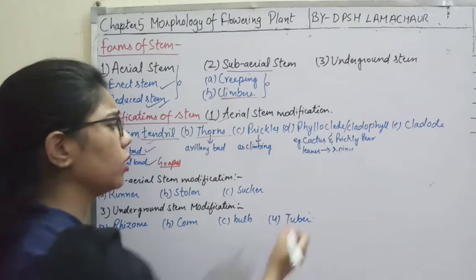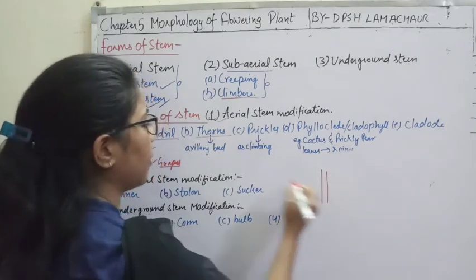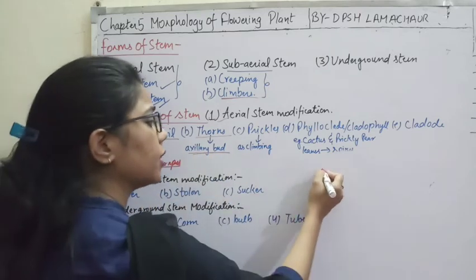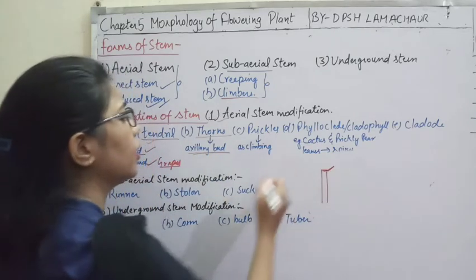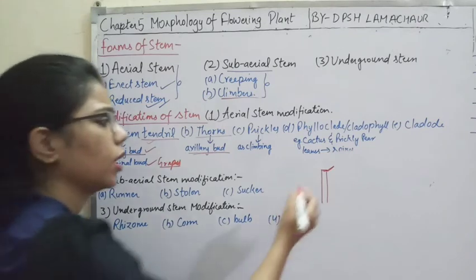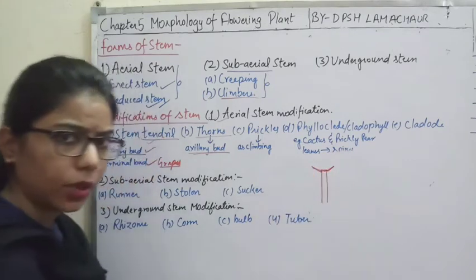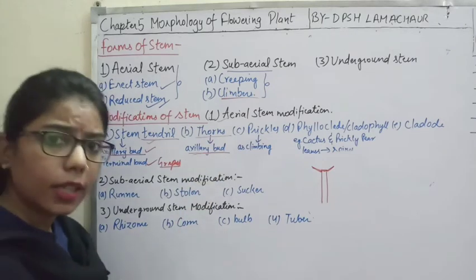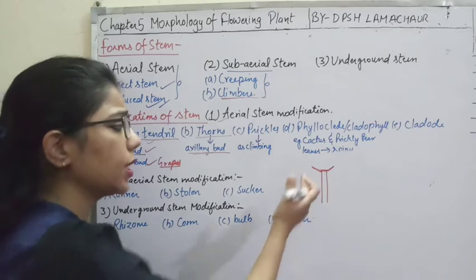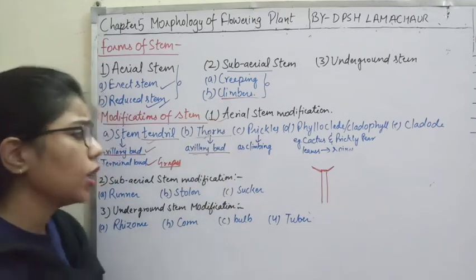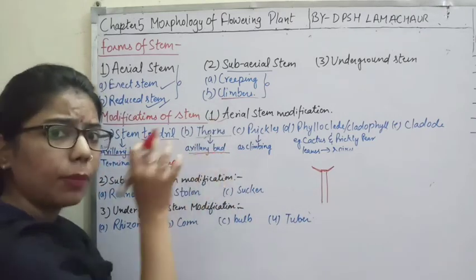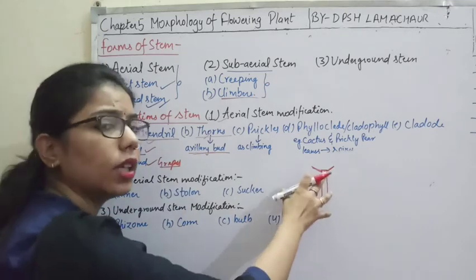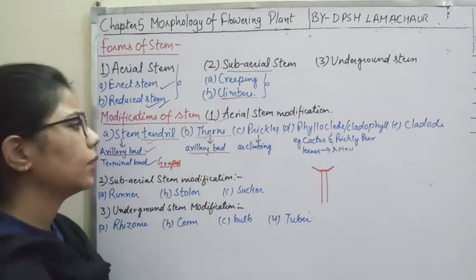Thorns, if we talk about the thorns, as I have said, it is the stem. In case of thorns, this is the axillary bud. This axillary bud will give rise to the thorns, and thorns are what? This type of structure you can see. In case of pomegranate, have you seen that thorns are present? In case of bougainvillea, you can see these thorns are present. So what is the function of these thorns? They give protection from the animals which are moving around the plant. Clear it is?